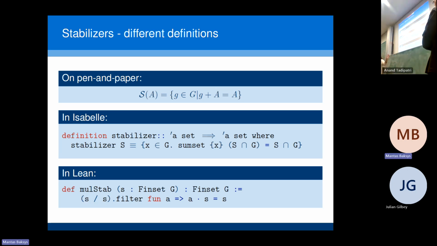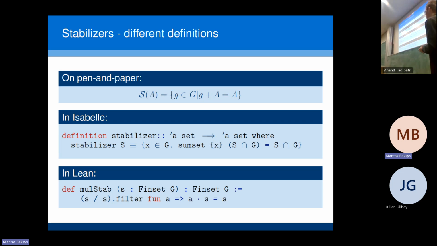And the empty set does whatever it does. In that case, we decided to make it go to the empty set. So as Yaël nicely explained, the reason why we chose a slightly different definition is because we wanted to use the fact that Lean does have a development of finite sets, and we had to make a stabilizer into a finite set. However, the edge case of the empty set had sort of served as a bit of a problem, which meant that we had to have a slight workaround around